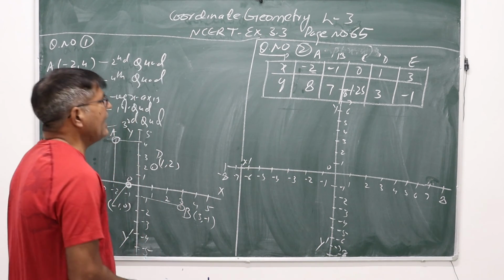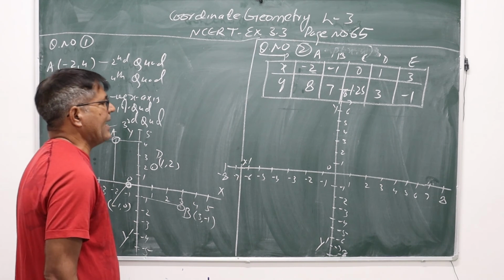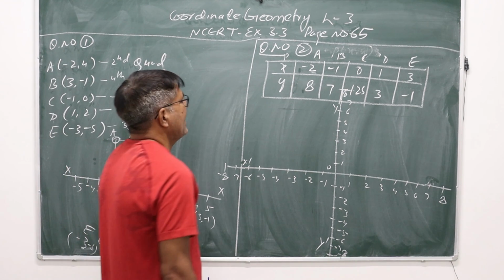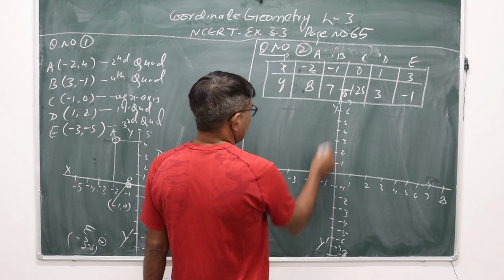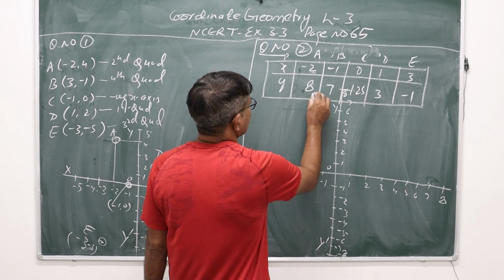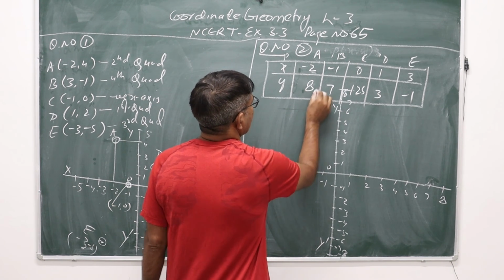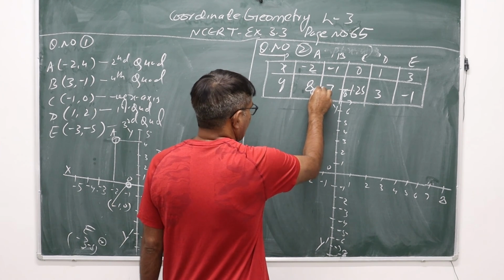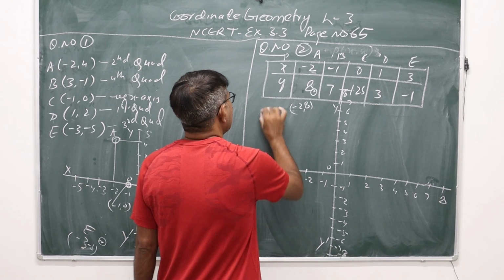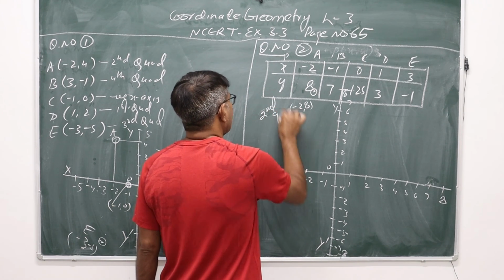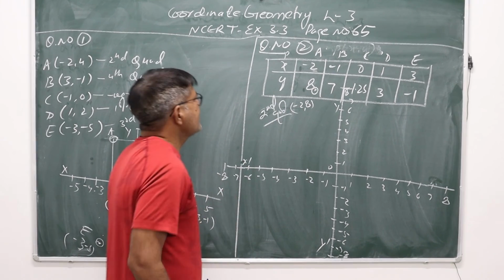Now the first point A is (-2, 8). -2, 8 का मतलब x नेगेटिव है और y पॉजिटिव है. So this is -2 and +8. So approximate this point will be at this location. So (-2, 8) which lies in second quadrant. तो इसका लोकेशन हो गया सेकंड क्वाड्रेंट.